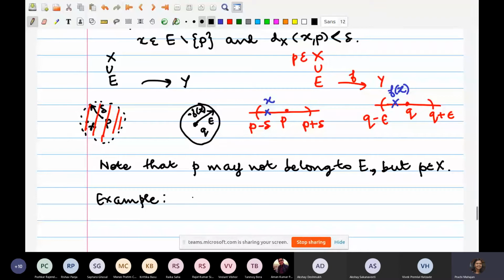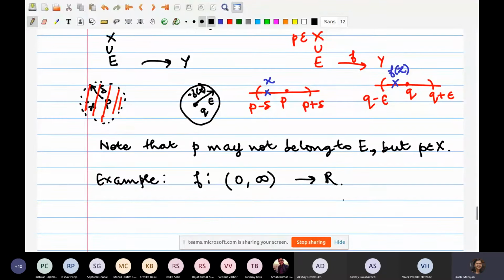Let me consider f as a function from the open interval 0 to infinity to R. So I have the Euclidean metric on both sides, and let's consider a function f given as follows: I'm sending the point x to sine of x by x,